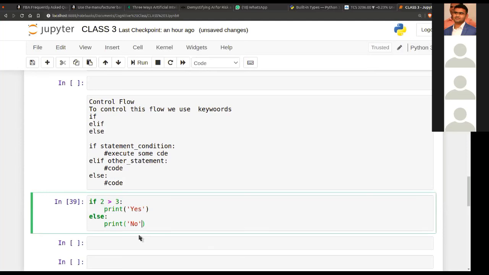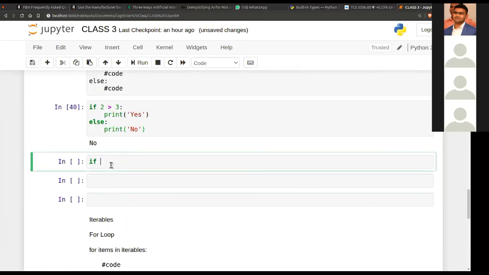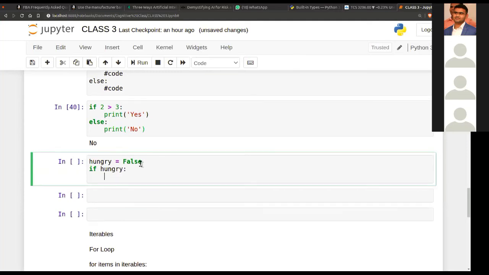Suppose I initiate a variable called hungry, and I'll set it to false. Then if hungry, colon, I'll hit enter, print: if hungry is true, then feed me.